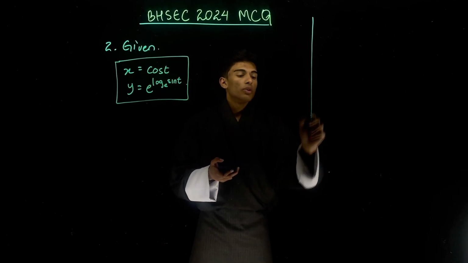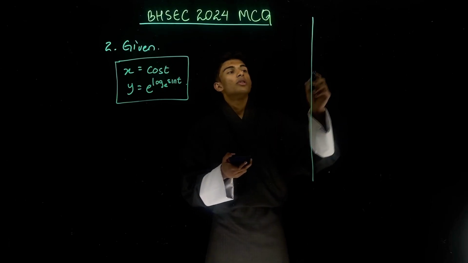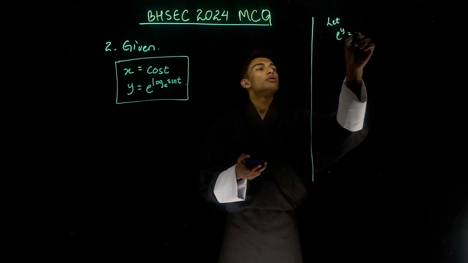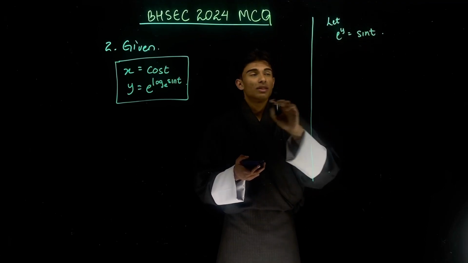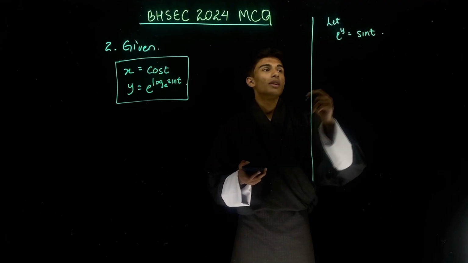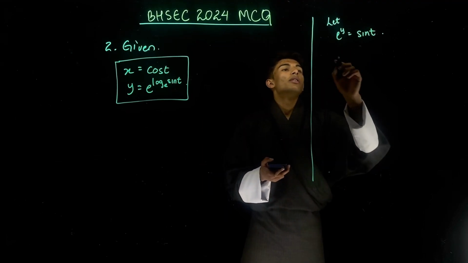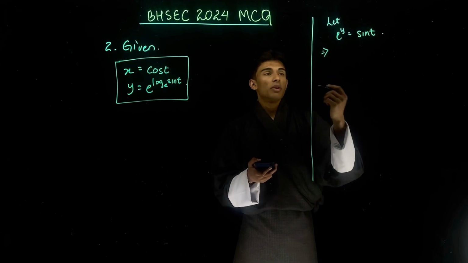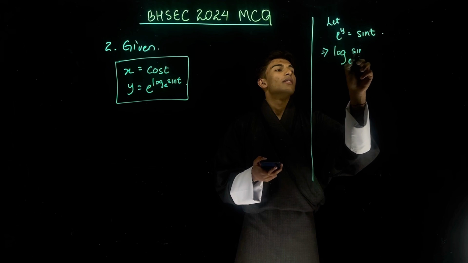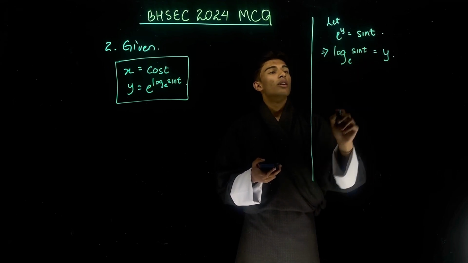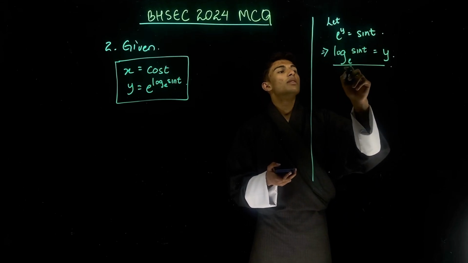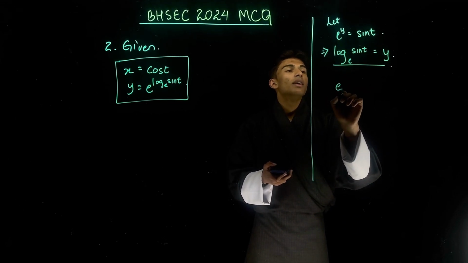So if we explain the logarithmic concept in this question, we have: let e raised to y equal sine t, as given in the question. This is a very basic understanding of how we could get to the answer. If you put this in a logarithmic form, you have log base e of sine t equals y. What does this tell us? It tells us what the power is that you raise e to in order to get